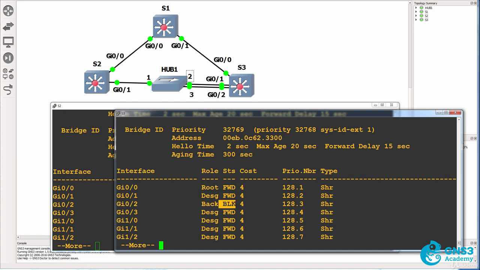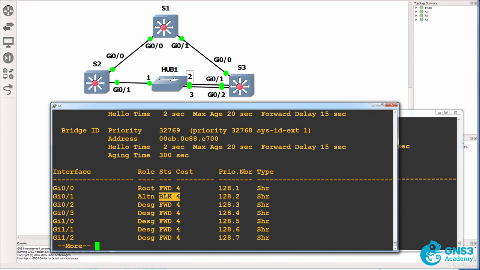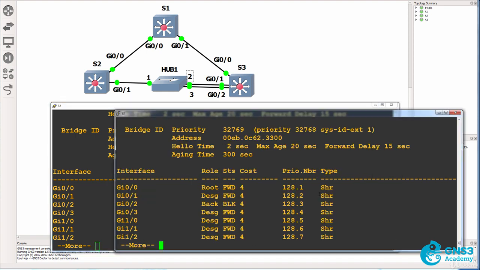So, blocking or discarding, to use the industry standard term, is the state of alternate as well as backup ports. Root ports and designated ports have the forwarding status in a stable topology. A state of learning means that traffic is still being discarded on the port. So as an example,